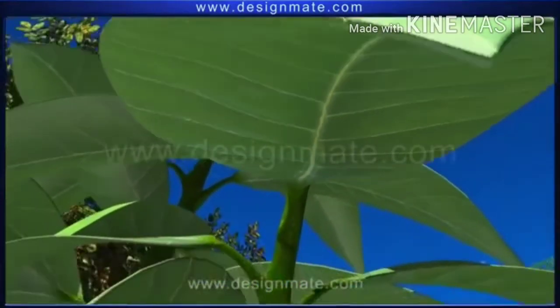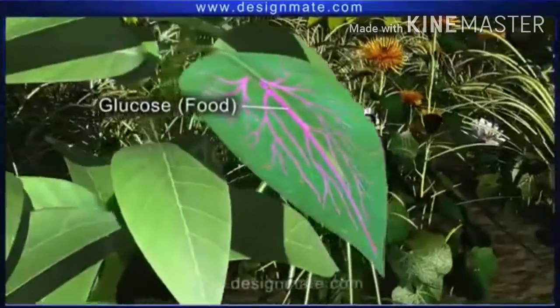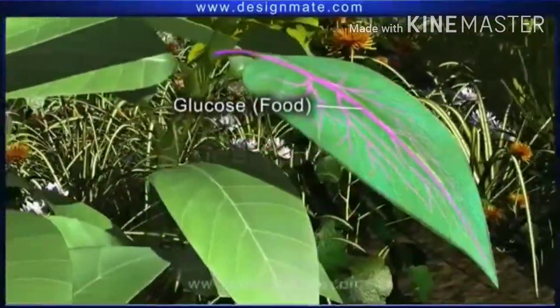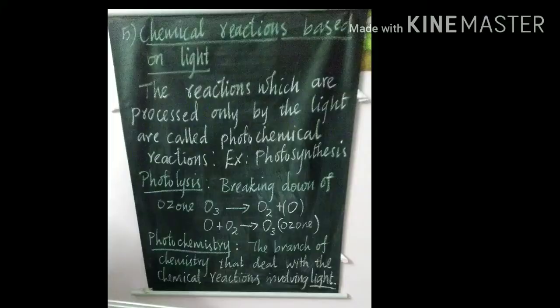So, during photosynthesis, oxygen is given as the life-sustaining gaseous component of the atmosphere, while glucose or food is transported to all parts of the plant and used for growth. The terms related to this,